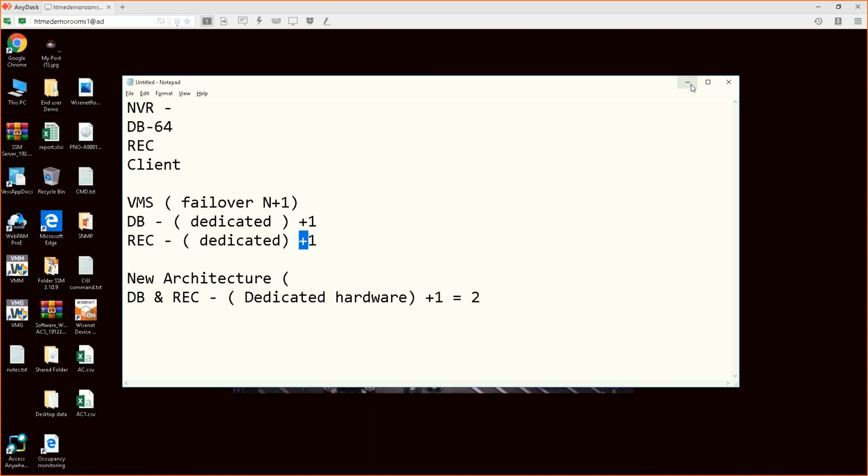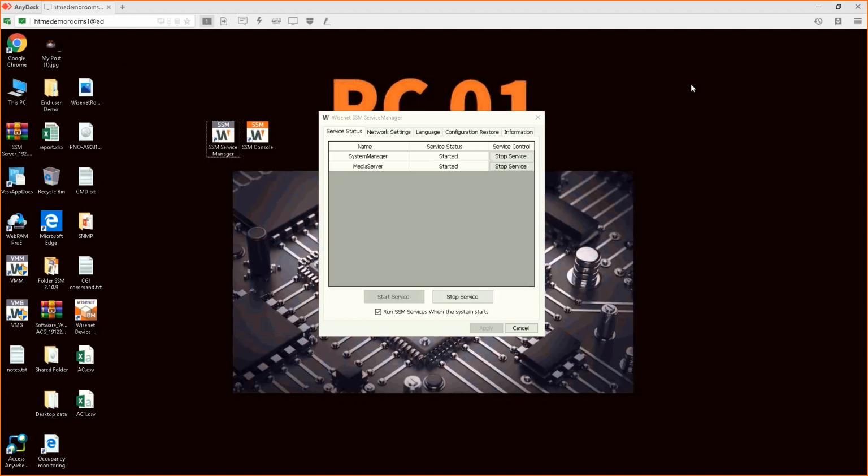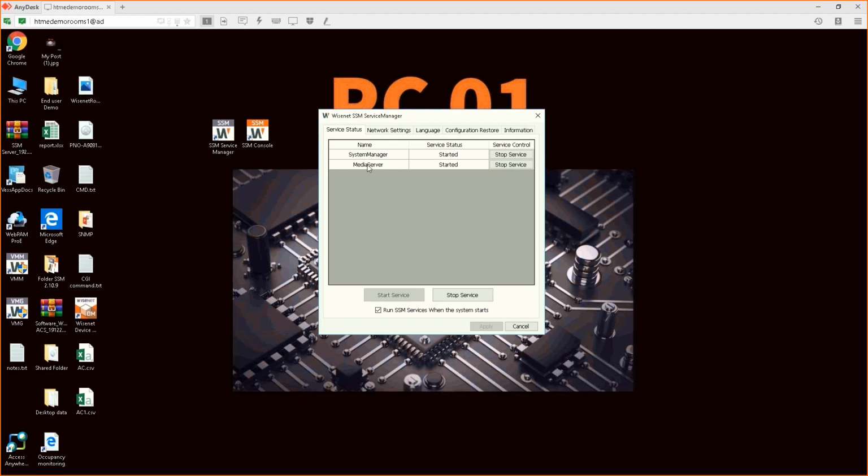You'll find Digiford, you'll find Cathexis, and you'll find Wave, Network Optics. So many of them, and from what I heard, even some version in Milestone also has this. So many of them have now migrated to this architecture. Okay, done. Now, System Manager and Media Server, this is your application, database and recording, done.